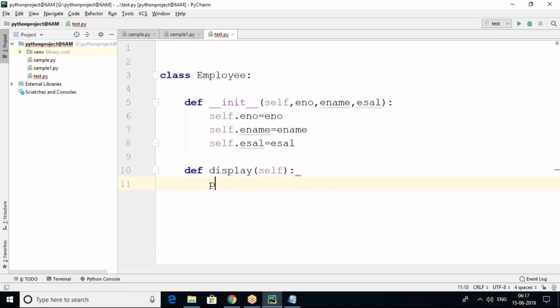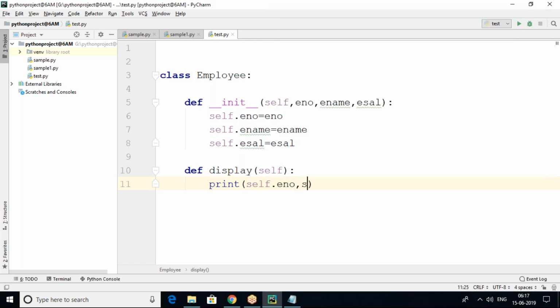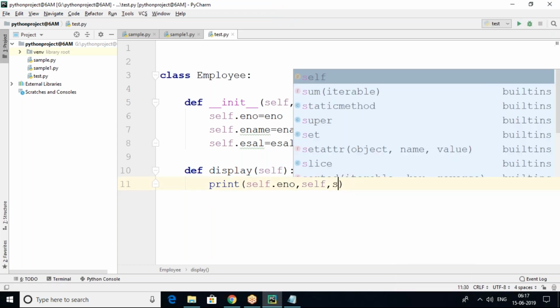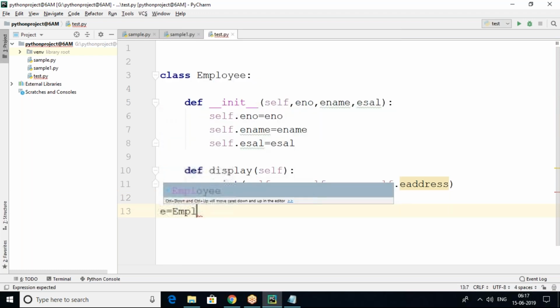So these are the methods for how I can display. Directly we can write self.eno also, self.ename also, self.eaddress. So no need to give print statements every time, 3-4 print statements for 3-4 variables, like print employee number is self.eno, print employee name is self.ename. We need not do that. Directly we can take a display method also. It is only one class, so I can create an object for this class.